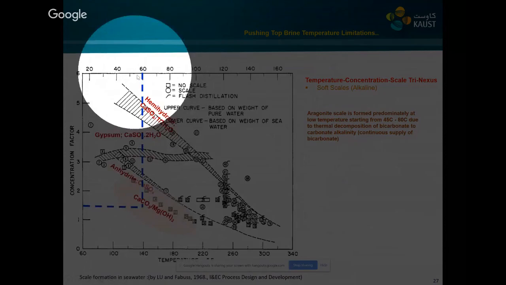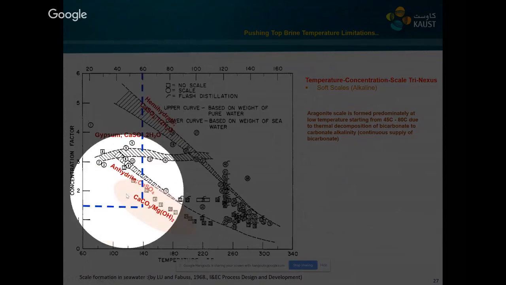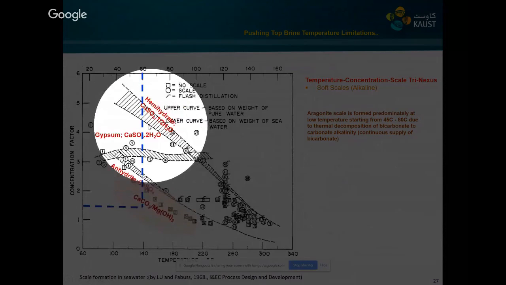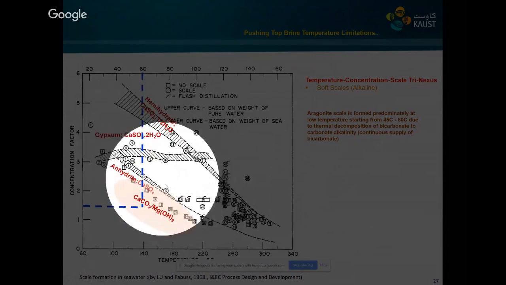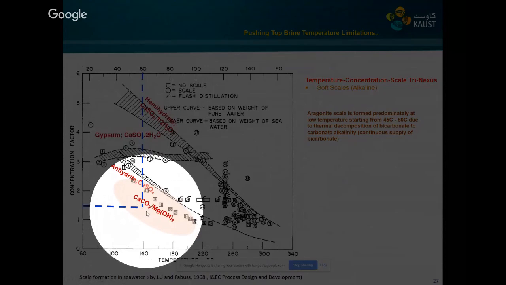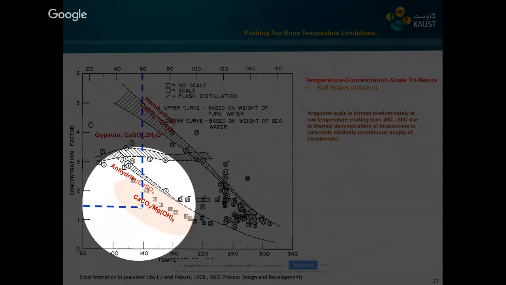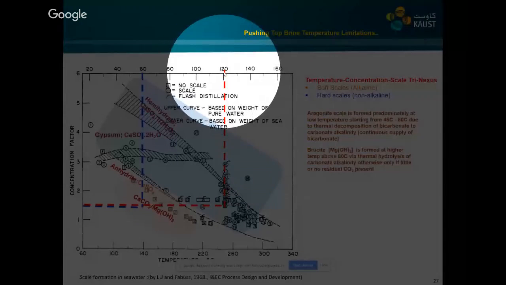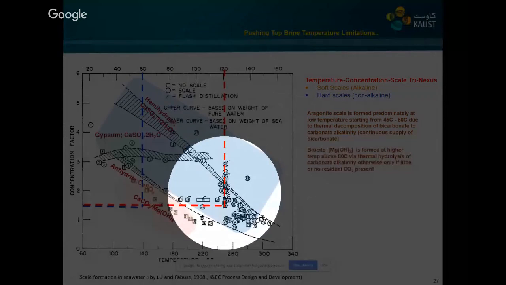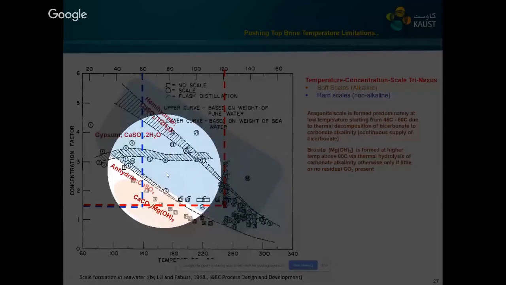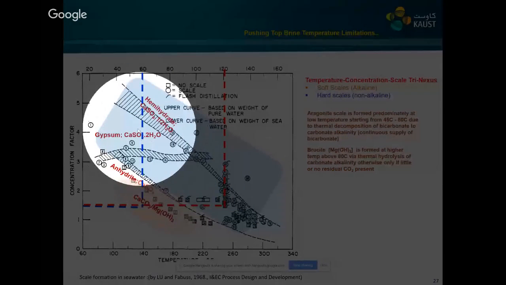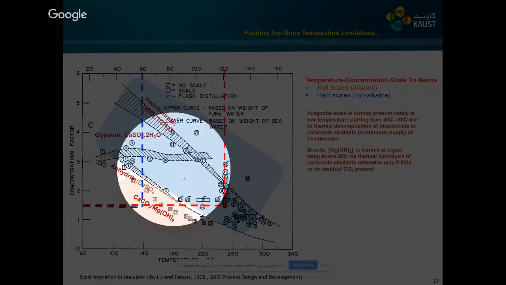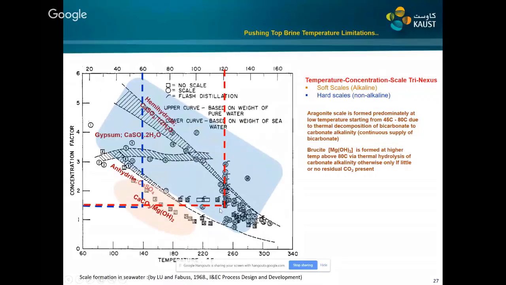We can see they normally operate around 60 to 65 degrees with 50% recovery. So it is operating away from the hard scale zone, that is, the calcium sulfate or gypsum hard scale zone. Sometimes it forms soft scale that can be easily washed by the seawater spray. But if we want to operate the system at 120 degrees as we propose, with the same recovery, we are in the hard scale zone. So we have to remove these elements from the seawater before introducing it into the system, to prevent hard scale formation on the tube surfaces.